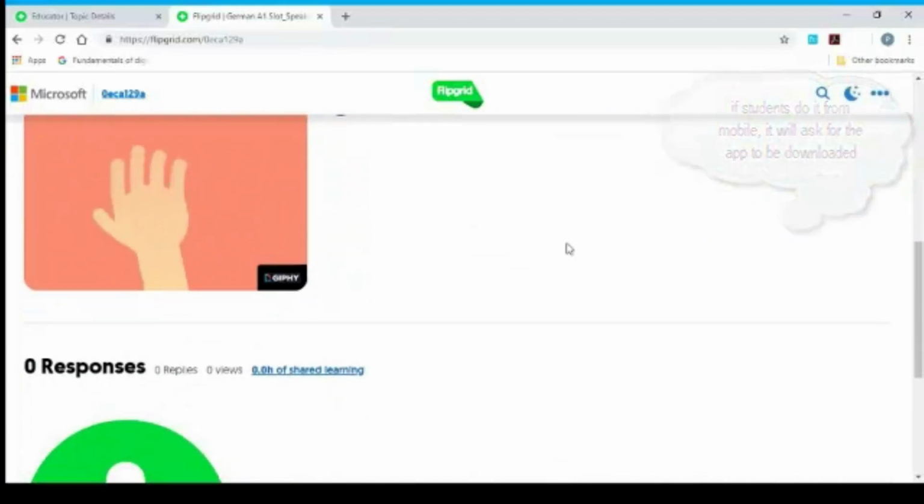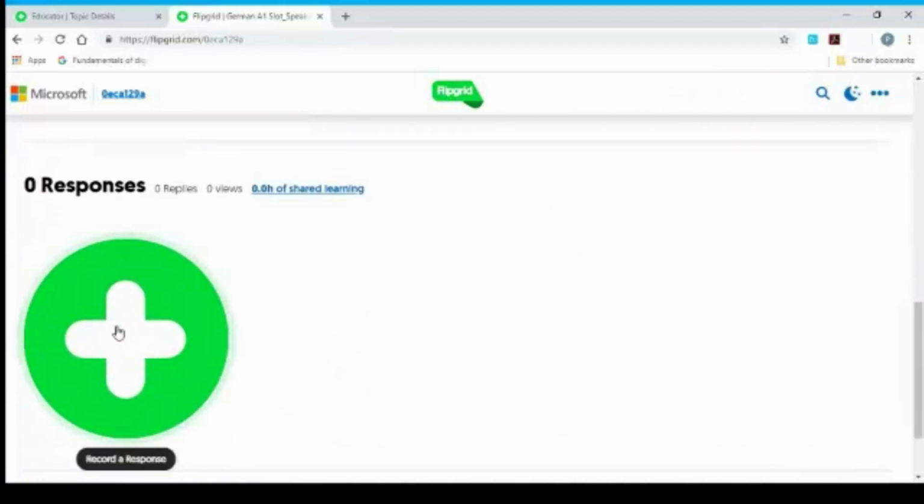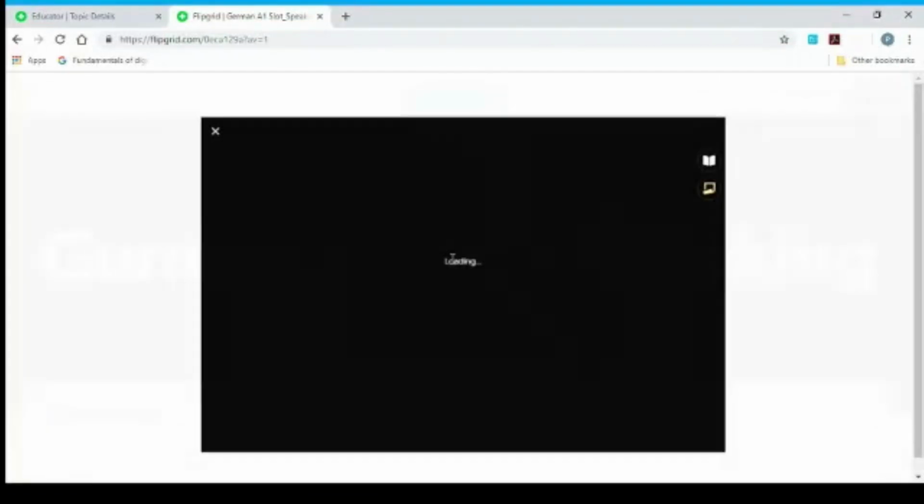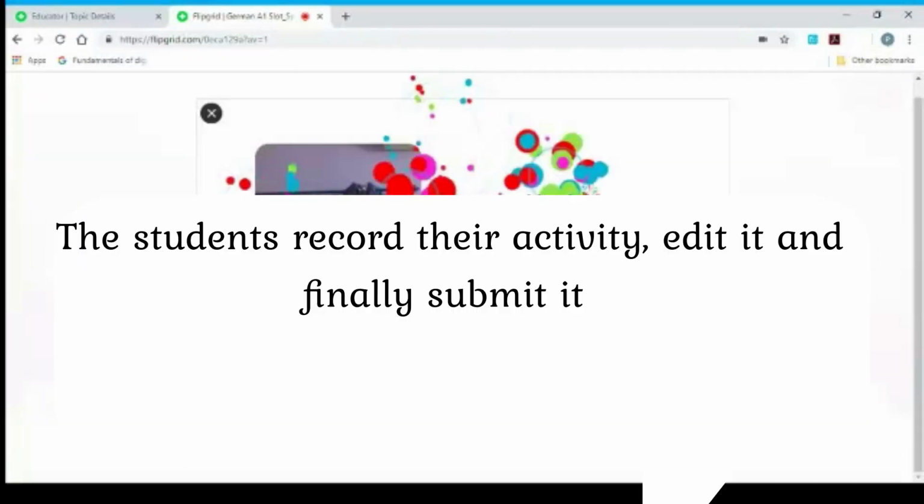This will be the screen that it shows them, and the question is here, everything is displayed to them, whatever you have given them, and here is the green button that they will have to press to record their response. Say I am a student now, I am recording my response to my teacher. I am logging in with my Google ID or Microsoft ID. So once I log in, it takes me to this screen. So my video is submitted to the teacher. I can also download a part of this video and keep it with me for my reference. From the student's point of view, it is this easy. All that they will do is only this much.